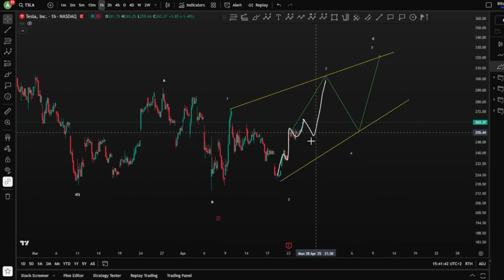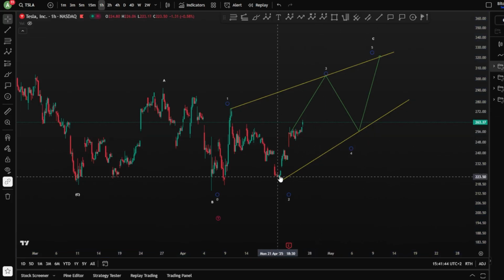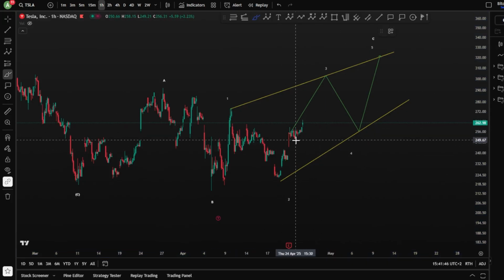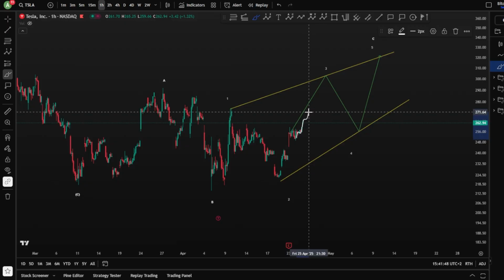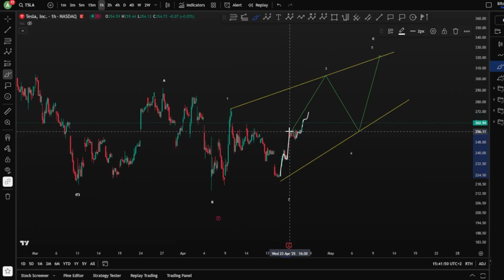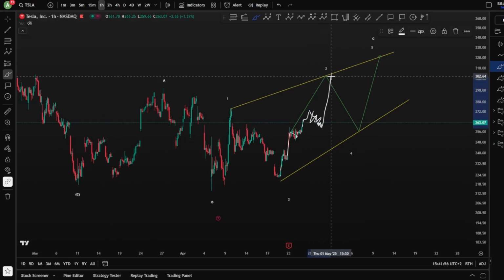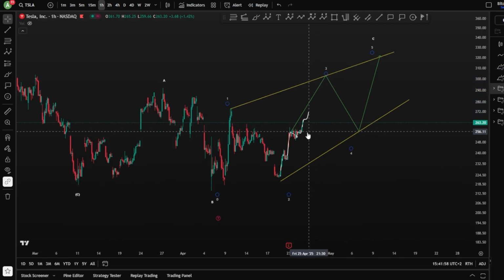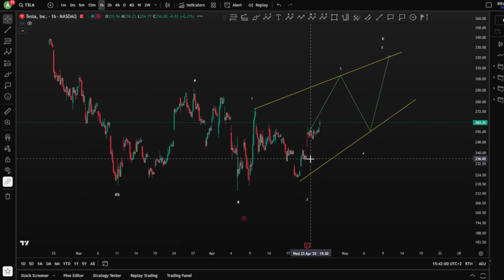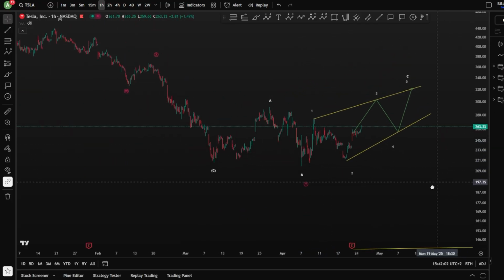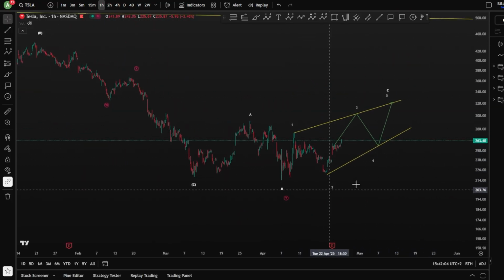So basically right now everything is still working perfectly. I would say that you are in a wave 5 here, 1, 2, 3, 4, and a 5, of a wave 5. That means potential correction here you would like to see, and then continuation for higher. So yeah, these are the possible scenarios right now, and still working perfectly with this scenario